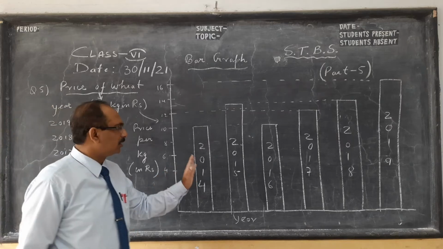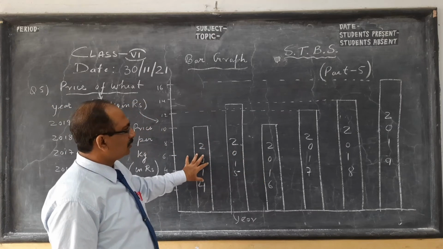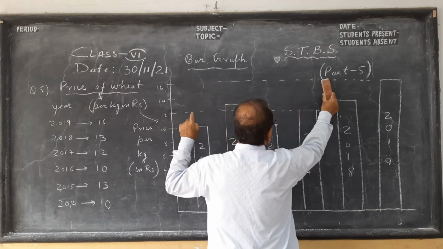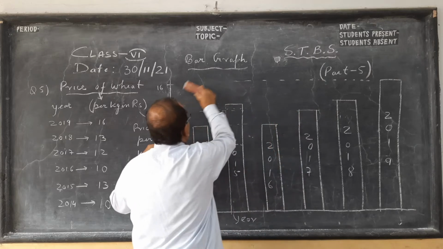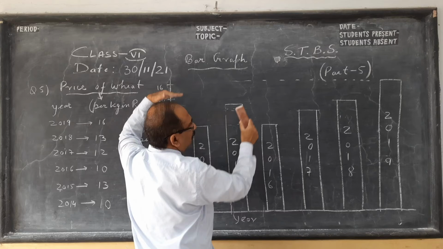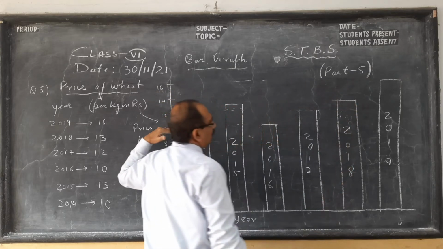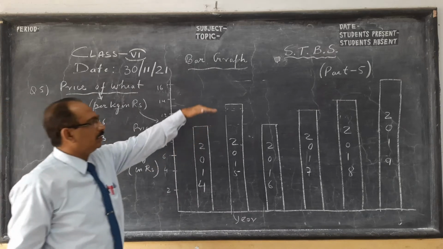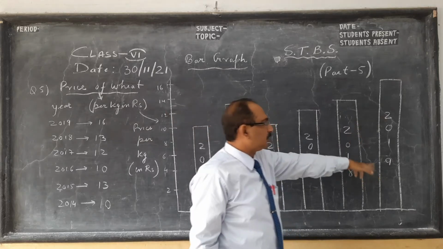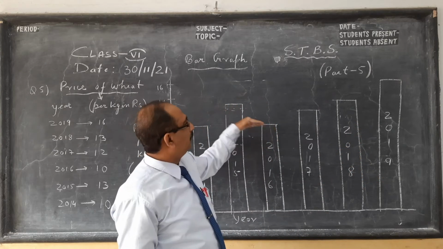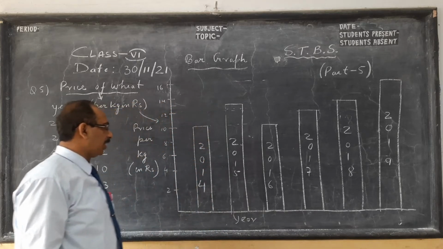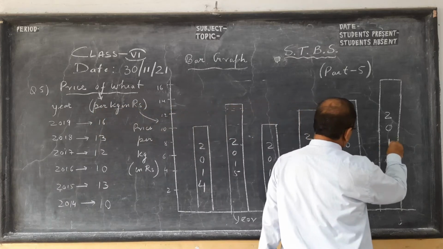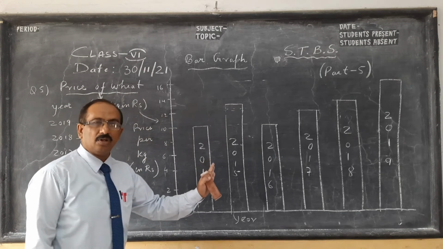Looking at this data, children, you will see for 2 years we had the least price, and for another 2 years we had the same price of 13 rupees a kg. After drawing, you can take a scale and draw like this. We can rub this. You see the highest price was in 2019, which is 16 rupees a kg. The length of the bar tells you how high the value is. The shorter the bar, the cheaper the wheat and the lower the price. So 2014, 15, 16, 17, 18, 19. This is what is called a bar graph.